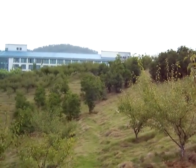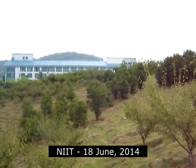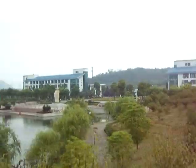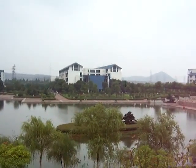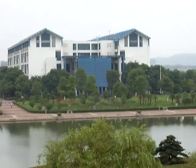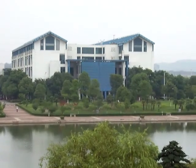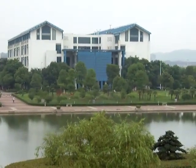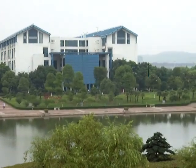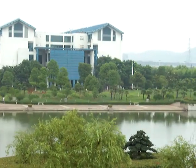Well, here we are on the 18th of June 2004, and in my last video, which I think was taken around 2 or 3 weeks ago, I was in this area here, kind of on top of that blue wall atrium type thing that you can see there in Building 1, or at the front of Building 1. And I was standing there taking the video, sweeping across the hill, which I am now standing on, and sweeping across the campus. But now, a few weeks later,